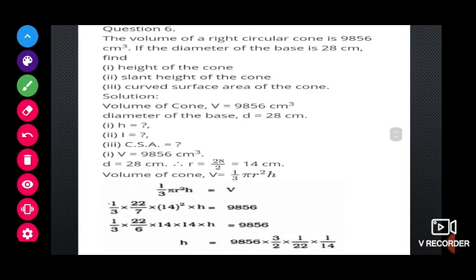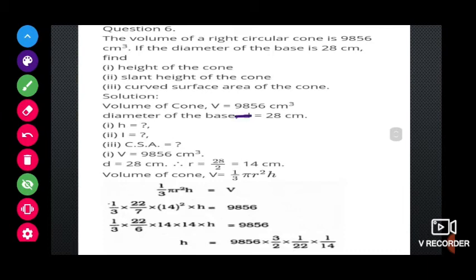Here it is going in a different way. How is it? They gave the volume and they gave the cone diameter. So we have to find the radius from that, and we have to find the height of the cone. Very easy only, children. From the volume and the diameter, we can find the radius. Then we substitute in the volume formula and we get the height. Okay.